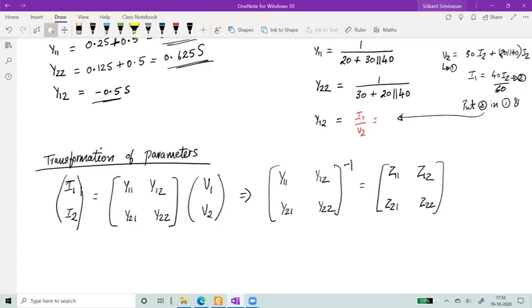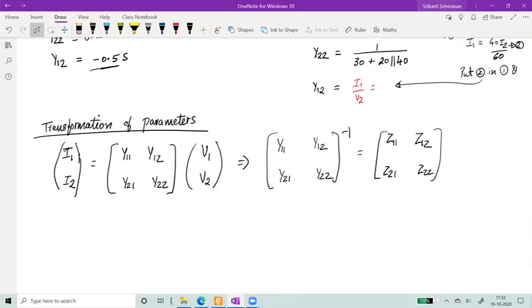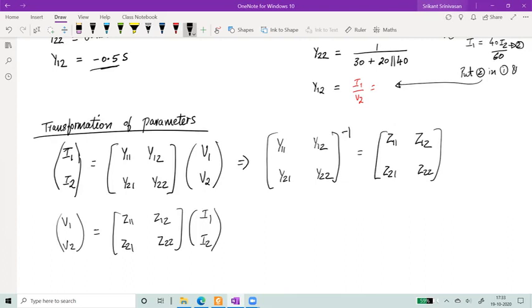Because we said that current is some admittance times the voltage, and when I looked at the Z parameter matrix, what I had written was that V1, V2 was equal to Z11, Z12, and so on, times I1, I2, right? So if you equate these two equations, then basically the Y matrix is the inverse of the Z matrix. I could either write this inverse is equal to Z, or this is equal to Z inverse. Either of them is fine, right?